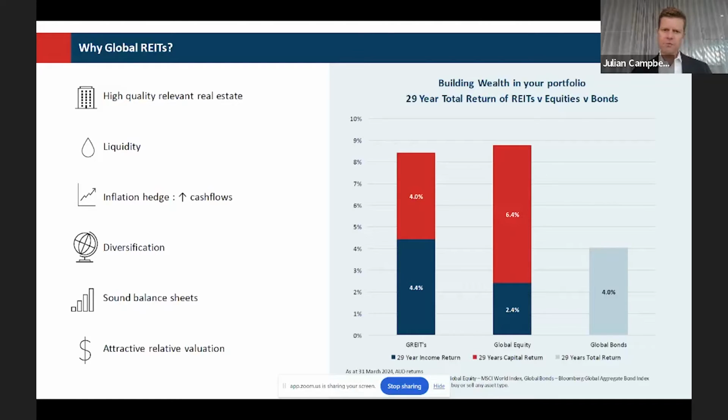You're getting diversification from the Australian economy. So the Resolution portfolio, over 95% of it is invested in offshore markets, and that ranges from the US, the UK, Europe, through to Asia, including Hong Kong and Japan. Diversification by property sectors, which I touched on, and a critical point which Mark highlighted at the outset, is the capital structures.